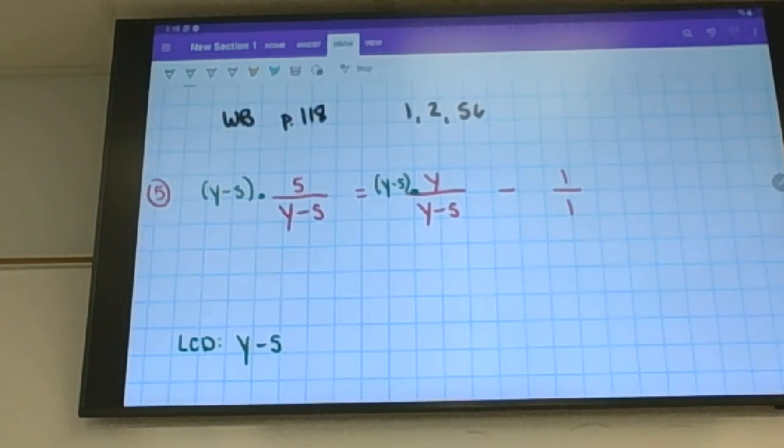So this problem, the number 1 was least common denominator before x, correct? Which way? 1, 2,